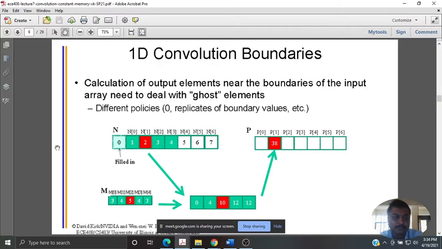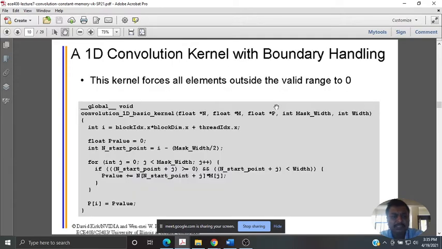So if you are computing 2, the one is existent, but the other is non-existent. Whenever you align this 5 with respect to 2, it is 3 into 0, because there is no element present over there, and the computation happens in that manner. That's what is called a ghost element, or the boundary alignment. Otherwise all other components can be computed whenever you align them. Corresponding elements are multiplied and then summated to produce the final element. This is 1D convolution.